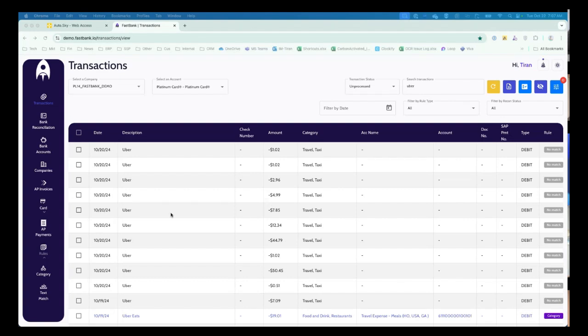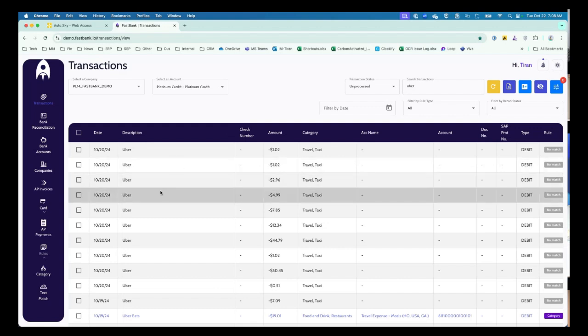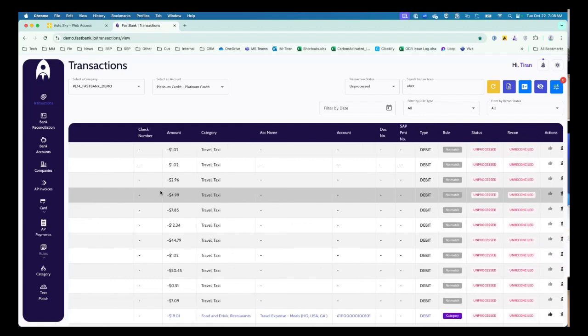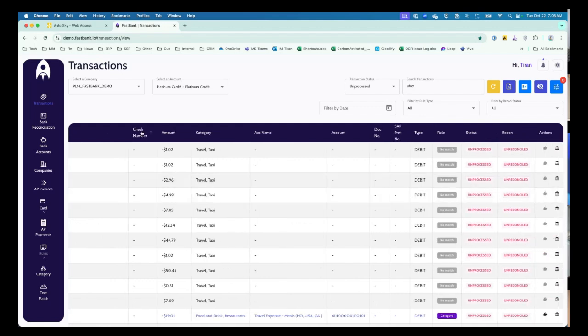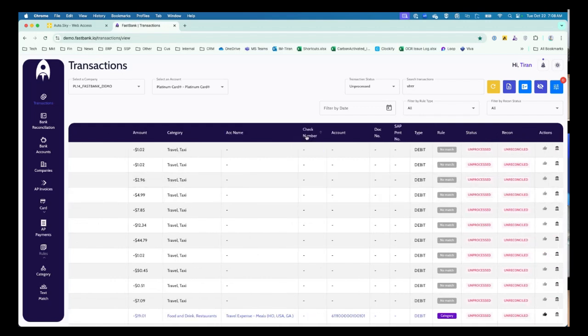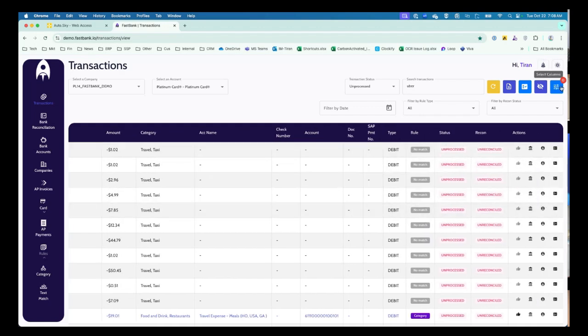Now, you can connect to multiple companies, right? You can see that right now I have only one credit card. If you have multiple credit cards, multiple checking accounts, Bank of America, you can set that up. We'll also show you how we can set up banks. Once it's there, you just download transactions. Sometimes you can say, hey, I don't have a check number on this. We can move these things, you can filter. All these things we can also hide.